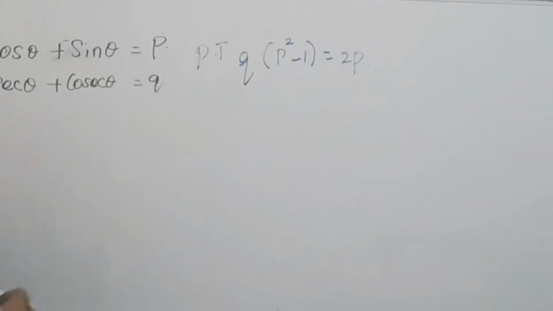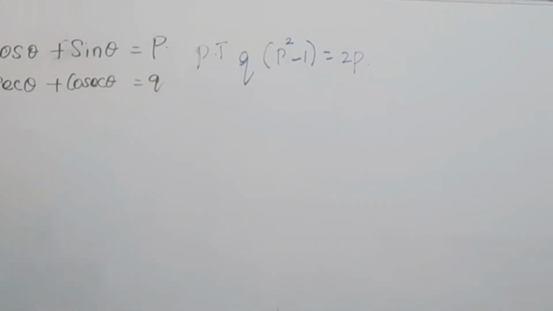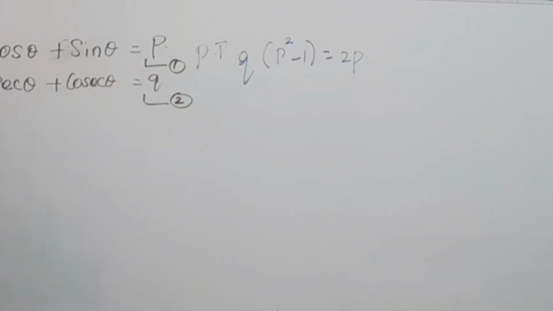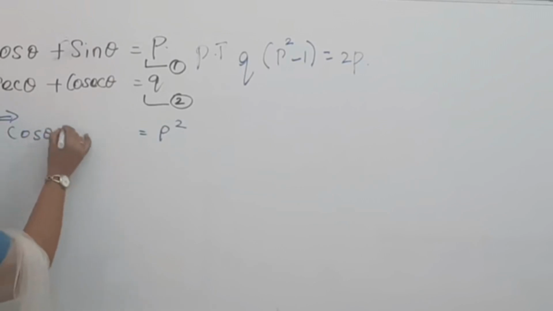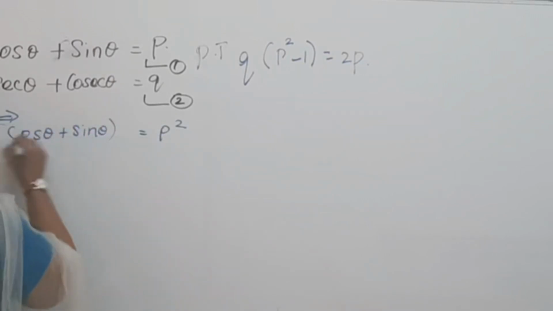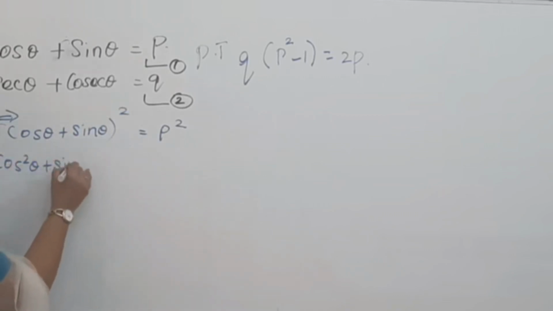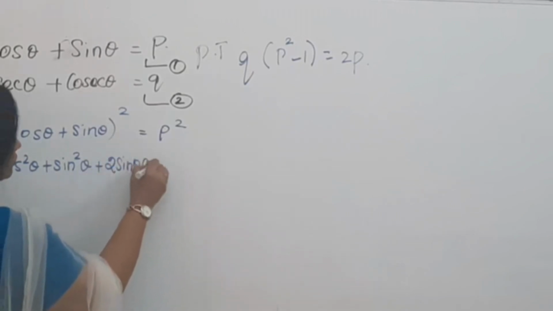As I give you the hint, you have to find P square, you have to find 2P. So these are the hints from the question. So from the question, you can understand what you can prove. So first find P square. Let me name this as 1 and this is 2. So 1 implies my P square. So I have to find my P square. That means cos theta plus sine theta the whole square I have to find. So I am going to get cos square theta plus sine square theta plus 2 sine theta cos theta